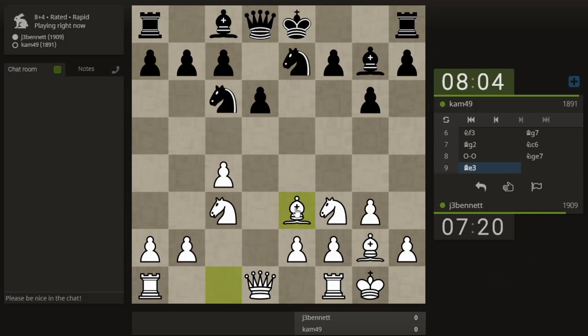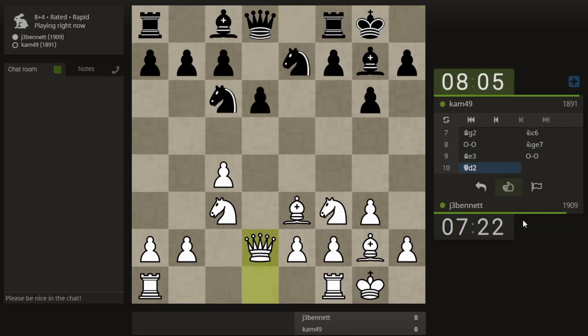Normally, bishop e3 you have to worry about a little bit because of knight to g4, but he put his knight somewhere else. The knight could come to f5, hit the bishop that way. But he doesn't. Okay, well, he targets this pawn. Let's defend it. I'm opening up this diagonal, so I've got to be a little careful. This knight is pinned against the rook. The queen is tied up defending the knight. But I could just play bishop to